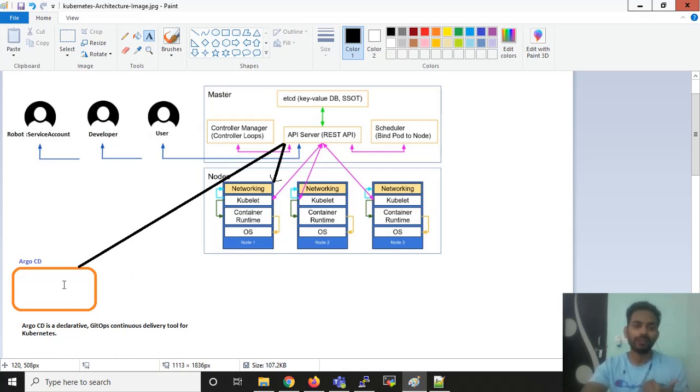It will interact with the API server of the Kubernetes master, and as per the instructions, it will deploy your pods and objects on the specified worker nodes running under the Kubernetes master. So I hope you understood what Argo CD is doing here and how it works.